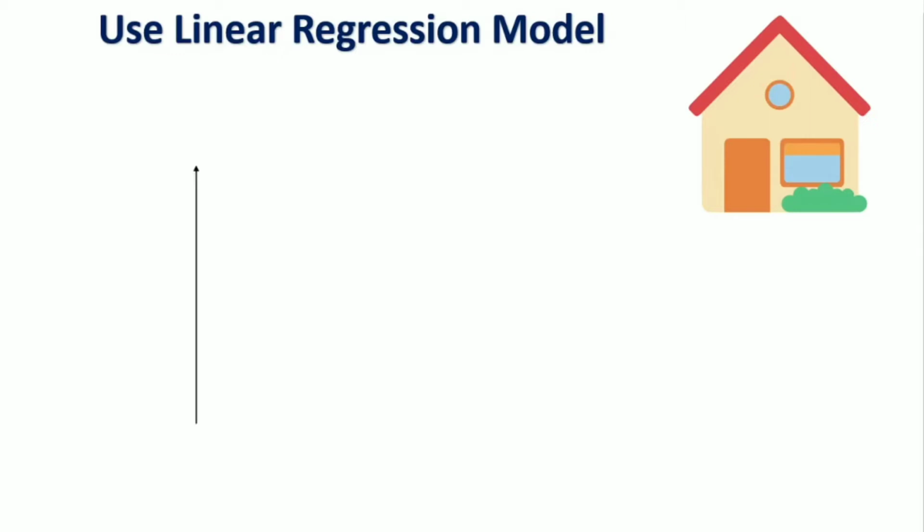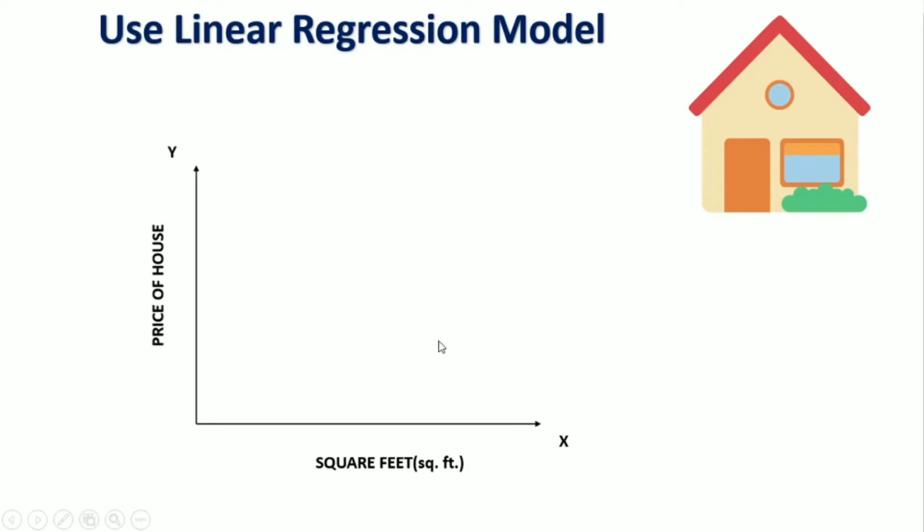First of all, let me show you the mathematics behind the linear regression model. I have made a graph here in which this is the y-axis and this is the x-axis. On the y-axis there is the price of the house, and on the x-axis there is square feet. So basically the price of a house depends on the square feet of the house. We are getting some kind of scatter plot here. Different houses are here, and you can easily see all the notations.